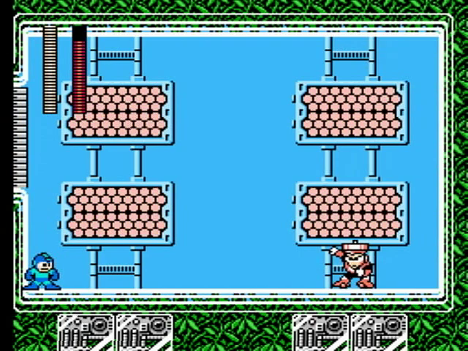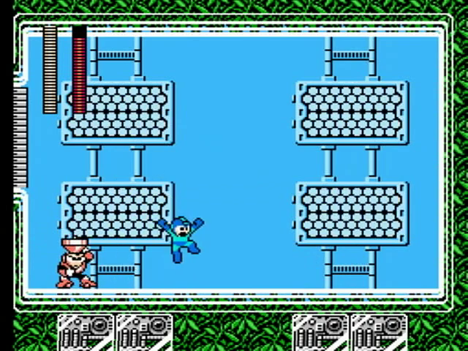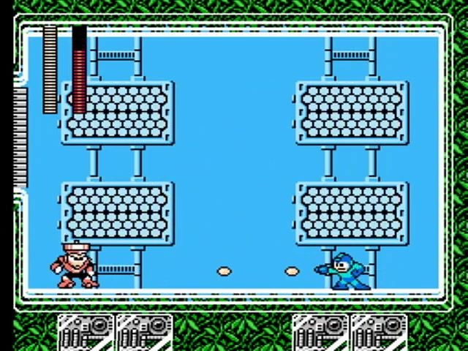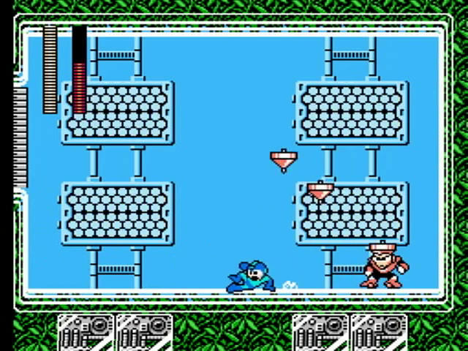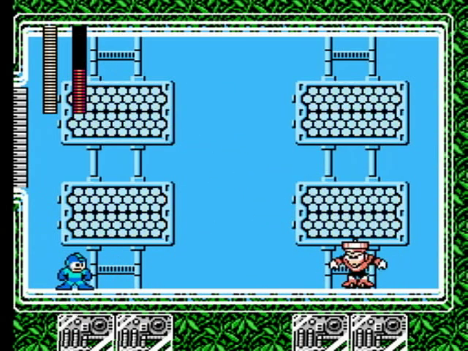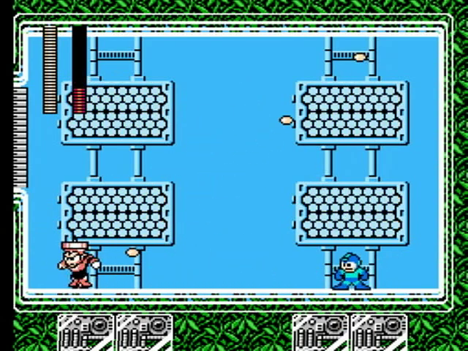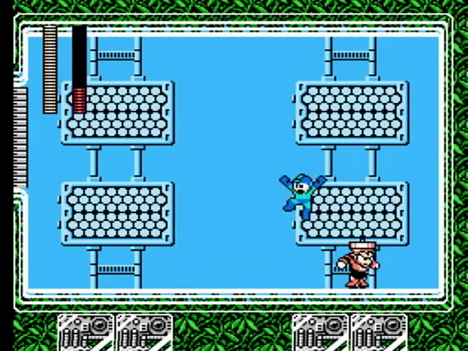Hey, it's Top Man time, and Top Man is, well, he's the easiest boss in the entire game, because you don't really need any special weapons to beat him. I mean, you can use Hardman's weapon on him, but really, your regular blaster works just as fine. And you just keep shooting at him, and you hop over him, stay on the other side of the room,